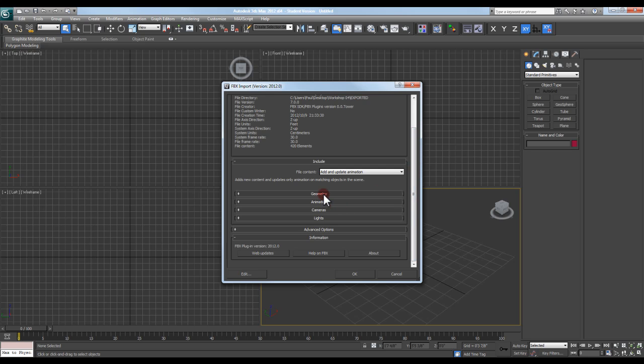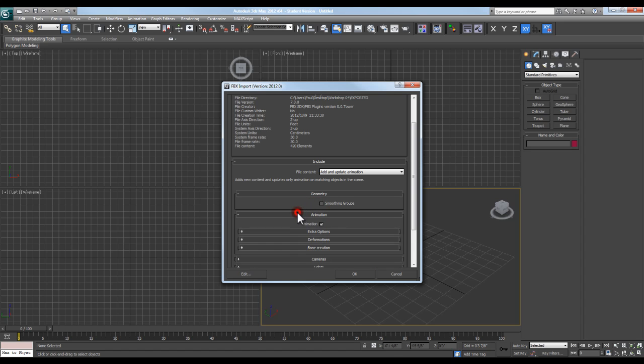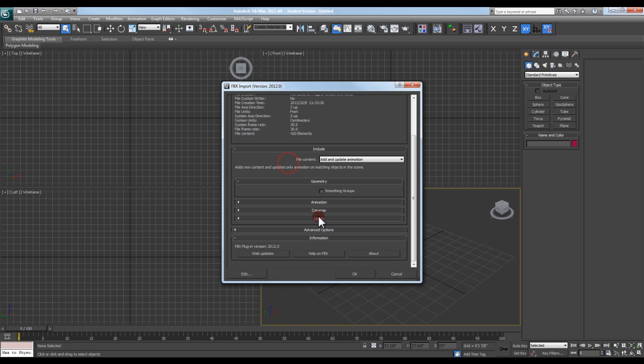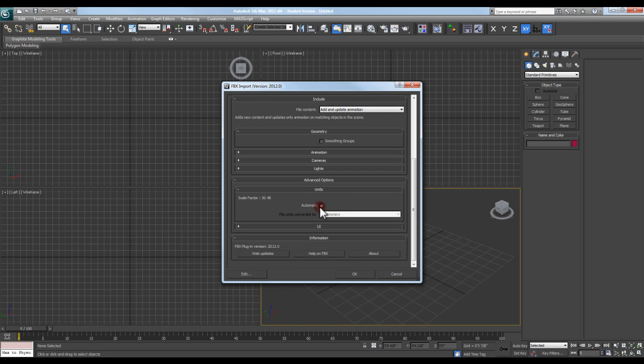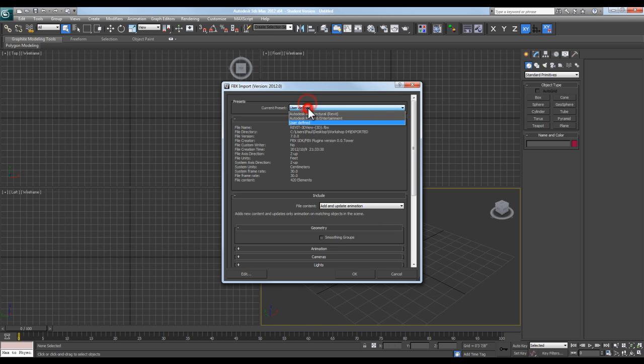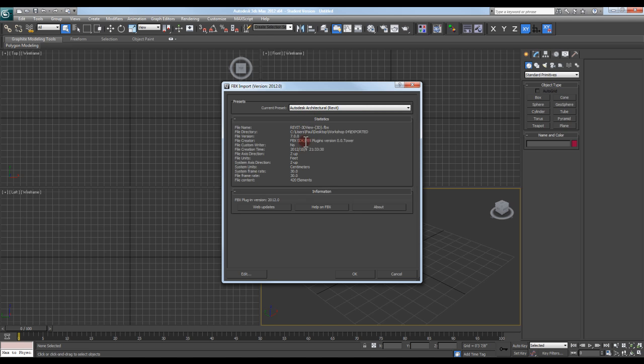As far as my options are concerned, I do not want smoothing groups on. I want to make sure that's off. All the other stuff you can really leave on by default. I'll bring in my cameras if I have any cameras set up. I don't want lights or global ambient color coming in with it. I'll leave my units on. I'll leave this stuff on, and I just want to do Revit, because I actually have stuff preset up for Revit, so when I click OK,